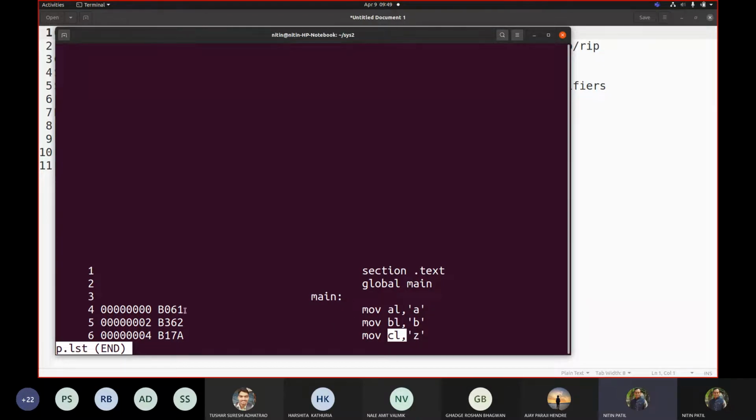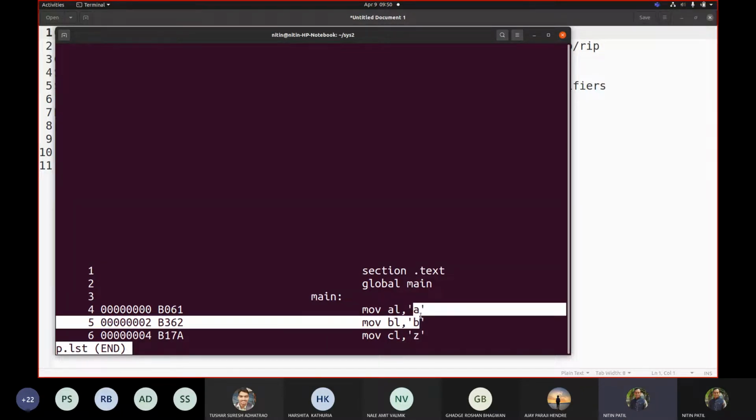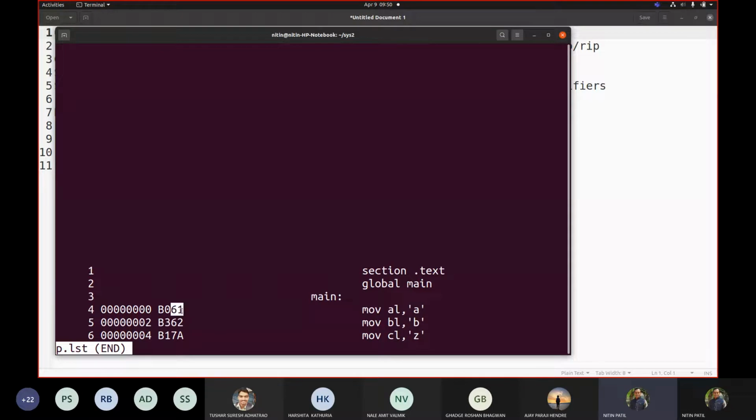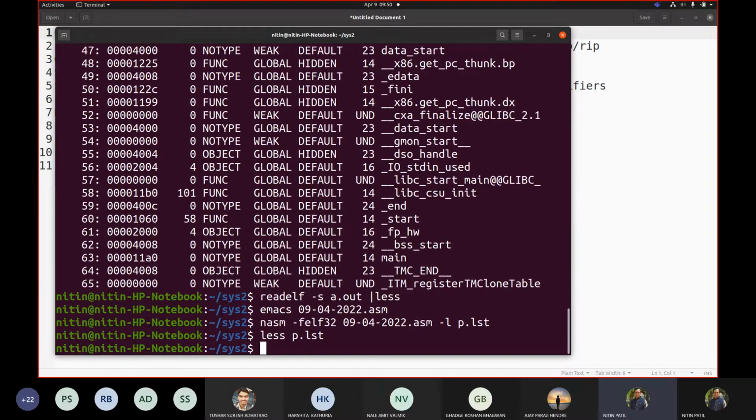BL was fourth register, so B0 plus 3, because B0 B1 B2 CL B1. Okay, then DL B2, and then B3 for BL. Correct. So DL was B2 and so on. So you can see that this number got converted to something called as 61. Now what happens if I use